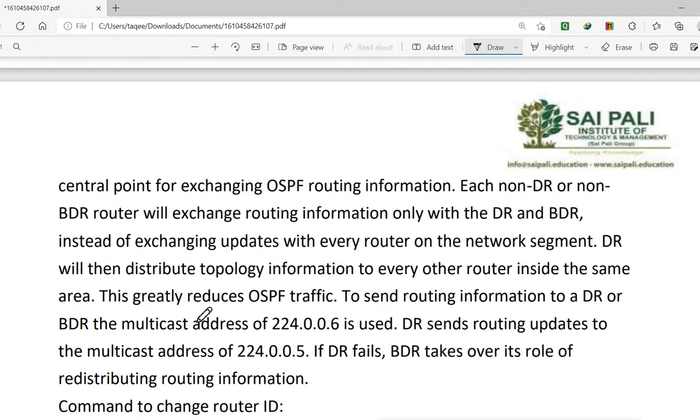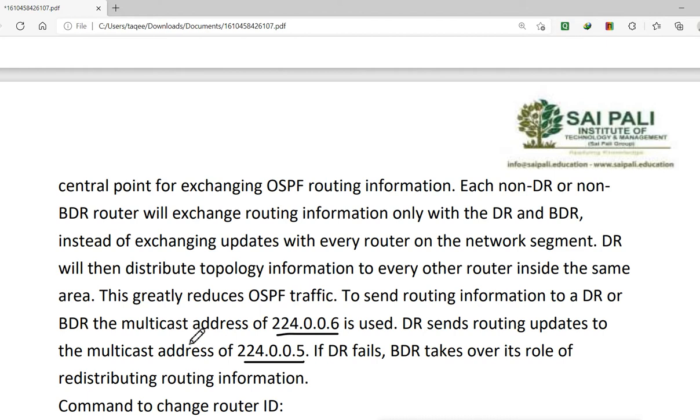This greatly reduces the OSPF traffic. To send the routing information to a DR or BDR, the multicast address 224.0.0.6 is used, and DR sends routing updates to the multicast address 224.0.0.5.